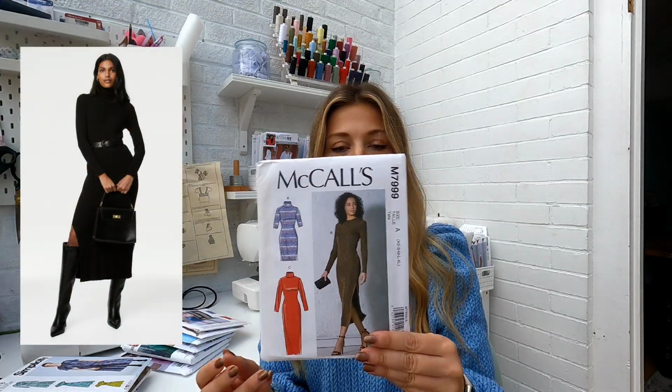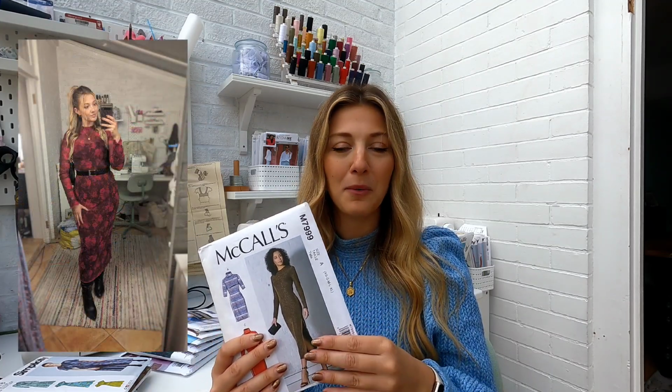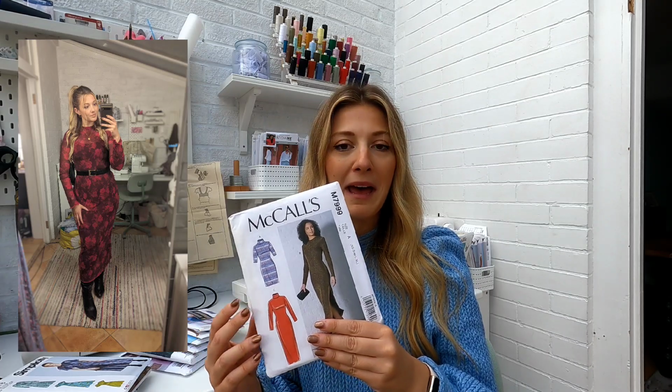I'm not really a jeans girl. I love to wear dresses, and knit dresses for me in the winter are something that I reach for every day, and I've had so much wear out of both of my versions of this. I made one in a beige ribbed knit, which is very much an everyday basic, and I wear that all the time. I did size up, I think 2 sizes for that one, so it was a bit of a looser fit. And then I made another version in a red floral power mesh, which I wear so much for